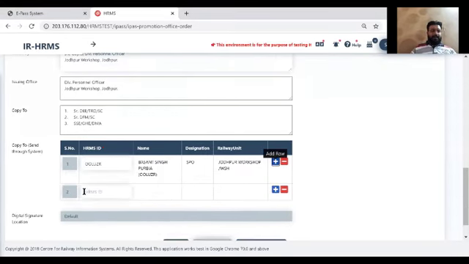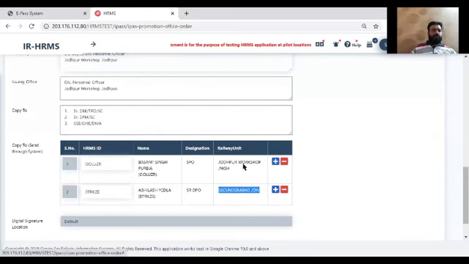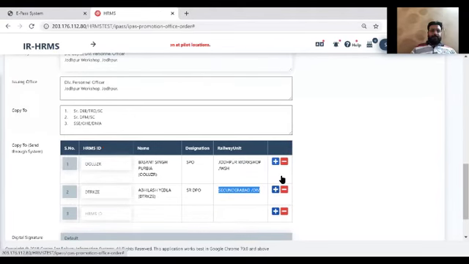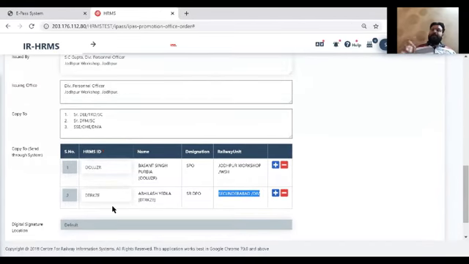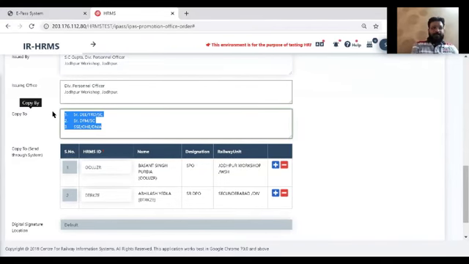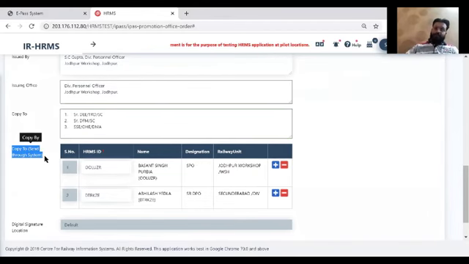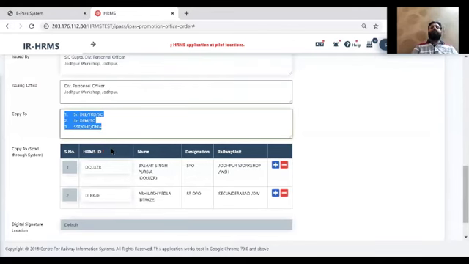Along with it, I can add the unit admin of another unit, that is Secunderabad unit. So both office orders copy of office order will be given to both. I can add more by clicking plus or by minus. So these two people will get the copy of office order through the system only, and the rest of the people here will be printed on office order. So make sure copy to the system will not going to be print in your office order. This is for internal purpose, and whatever information you enter here in copy to will be printed on office order. So keep this thing in the mind.